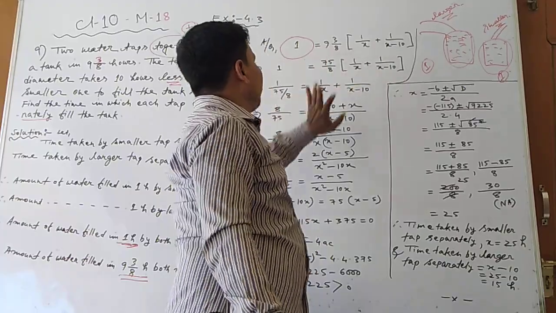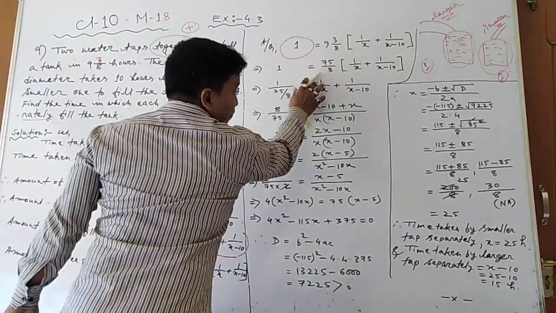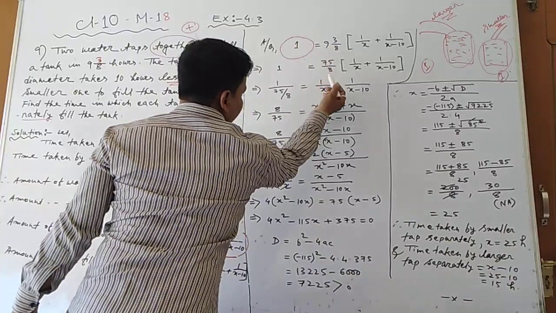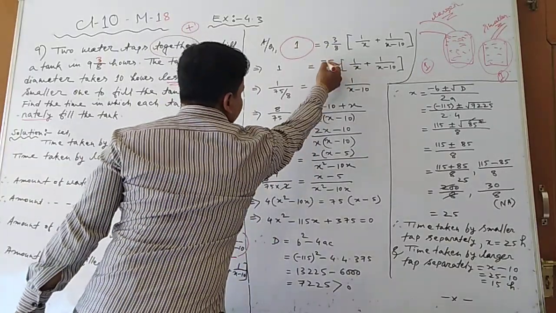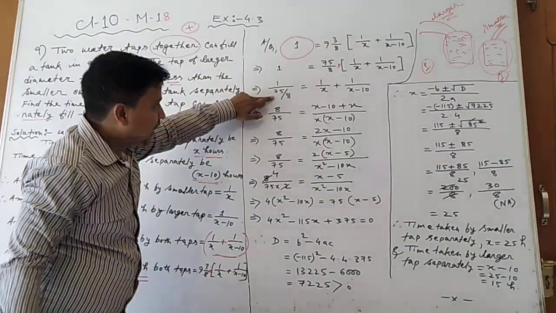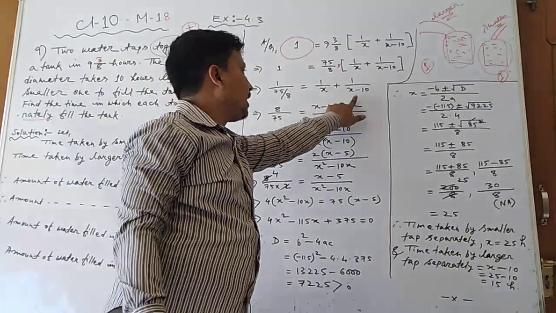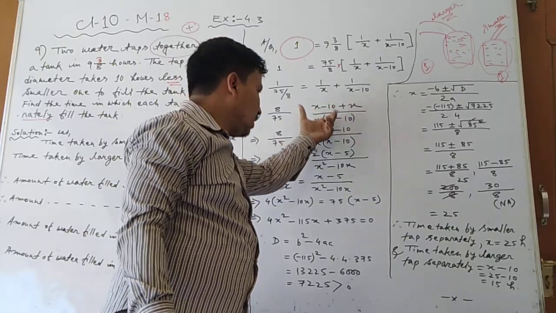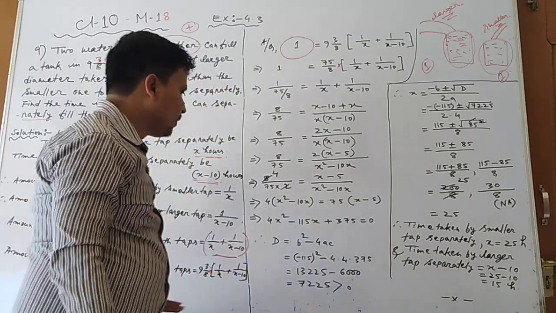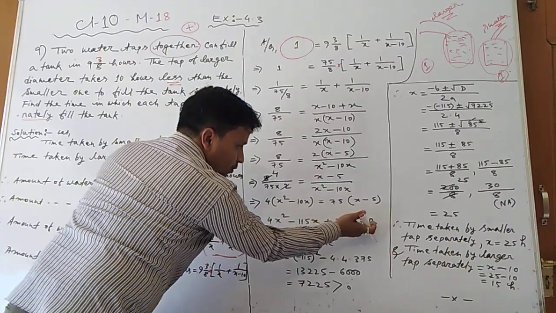Then from there, by reducing, this is a mixed fraction, so you reduce it into an improper fraction. Already you know, 8 nines are 72 plus 3, 75 by 8. Here there is multiplication by 75 by 8, shift to the left side. Then this one will divide 1, then the inverse of this is 8 by 75. Then take LCM. After taking LCM, whatever process is there, you already know. So finally we are getting the quadratic equation 4x square minus 115x plus 375 equal to 0.